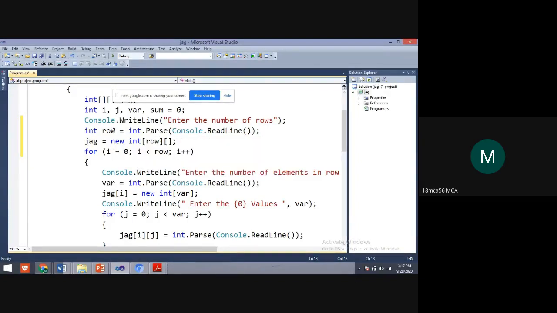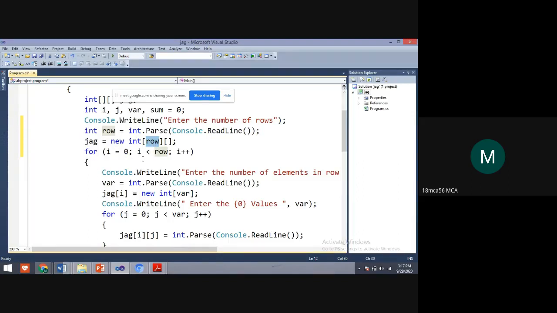Once I take the number of rows, whatever row value I give, it takes here. You can see, students, the row value will be assigned here. After taking, it will be assigned to the variable jag.